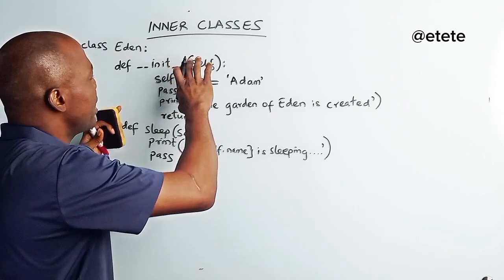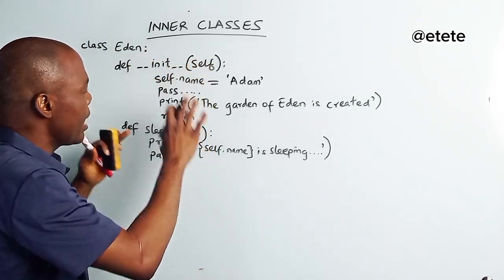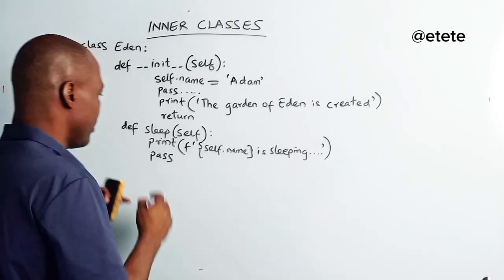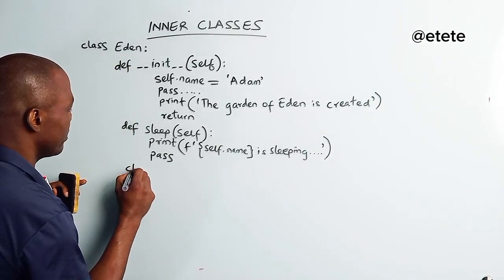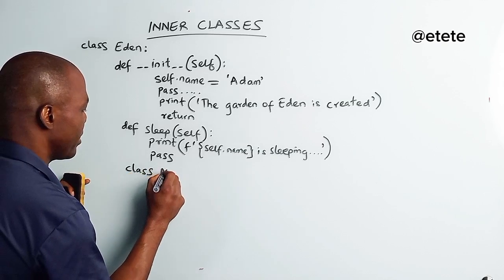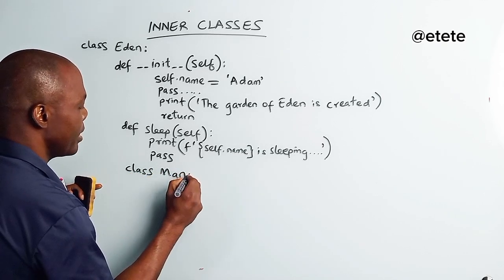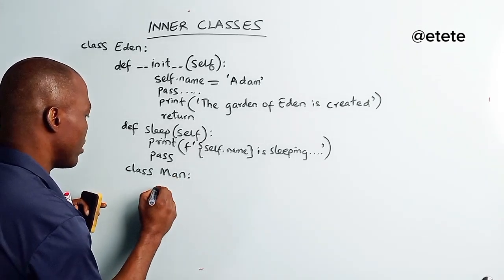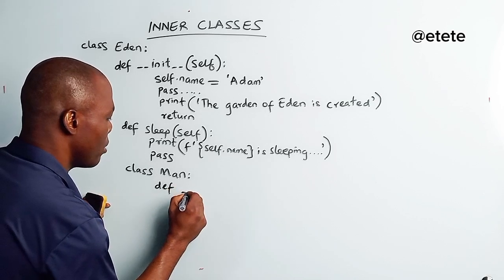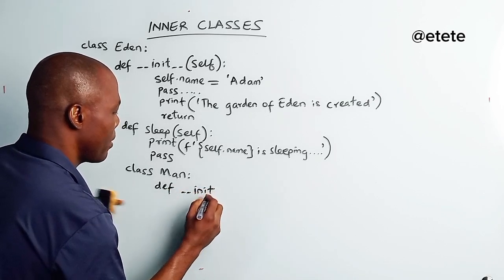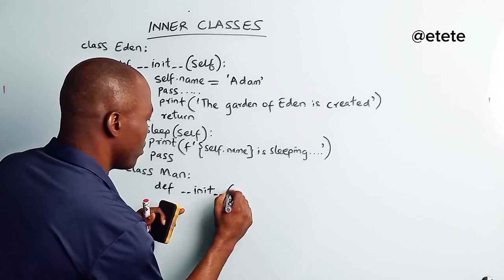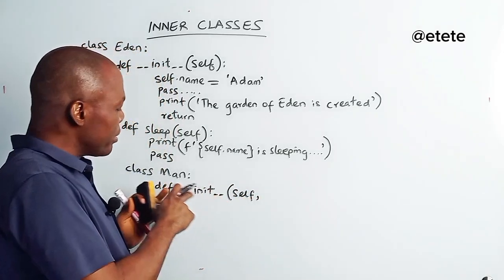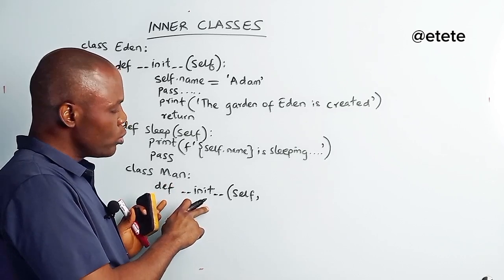Okay. Now I have created my outer class, which is what? Class Eden. And I have two methods inside this outer class. Now I want to create an inner class. I will come here and I will say class man, right? And then I will close this. So this class, I'm going to initialize it. So I will say def double underscore init double underscore. This one I will supply self